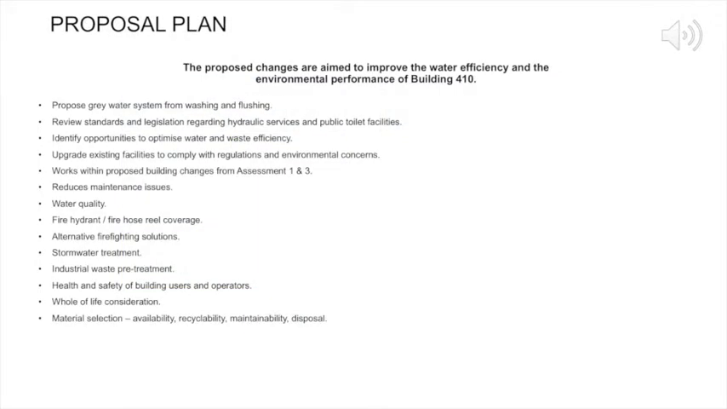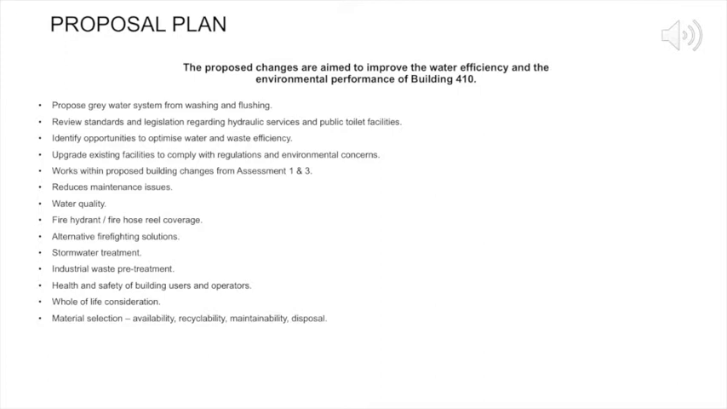The proposed changes are aimed to improve the water efficiency and the environmental performance of Building 410. So the proposal plan includes a proposed grey water system from washing and flushing, review of standards and legislation regarding hydraulic services and public toilet facilities, identify opportunities to optimize water and waste efficiency, upgrade existing facilities to comply with regulations and environmental concerns, work within proposed building changes from Assignment 1 and 3, reduce maintenance issues, water quality, fire hydrant, fire